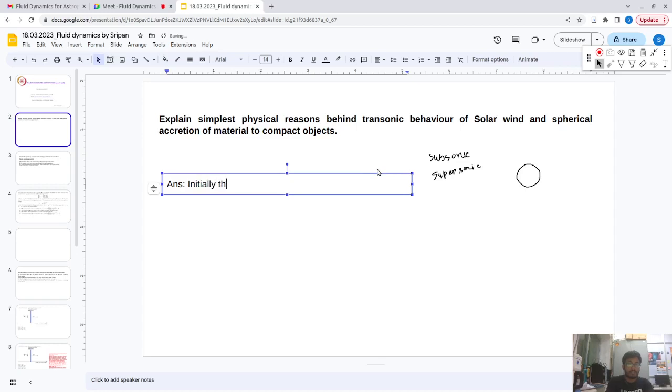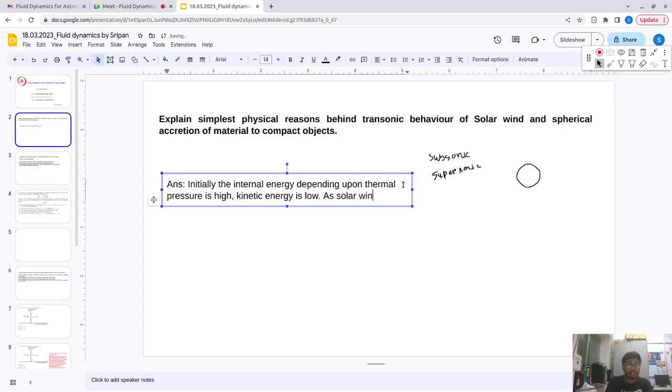Initially the internal energy, depending upon thermal pressure, is high, and kinetic energy is low. As